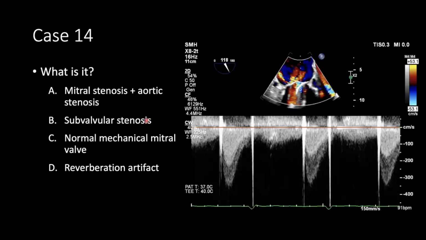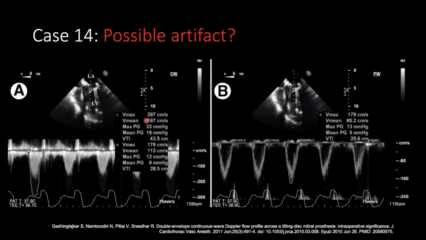Okay. So this one, the reason I say it could possibly be artifact or a real finding is because there's a little bit of debate on this. It has been well described that mechanical prosthetic valves, even in mitral patients, can have Doppler profiles that have the double envelope. People have tried to understand exactly what's going on. The initial thought was that it could be an artifact, and then they tried to investigate this further and found